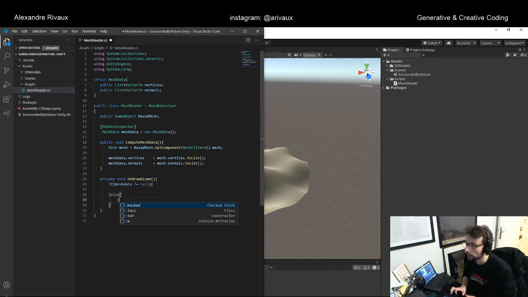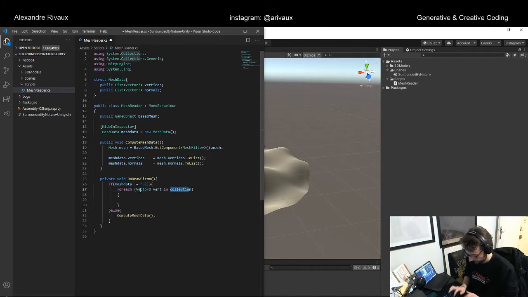Else, compute mesh data and then for each Vector3 vert inside mesh data dot vertices, gizmo dot color, red, not green, let's say a green one. Okay,